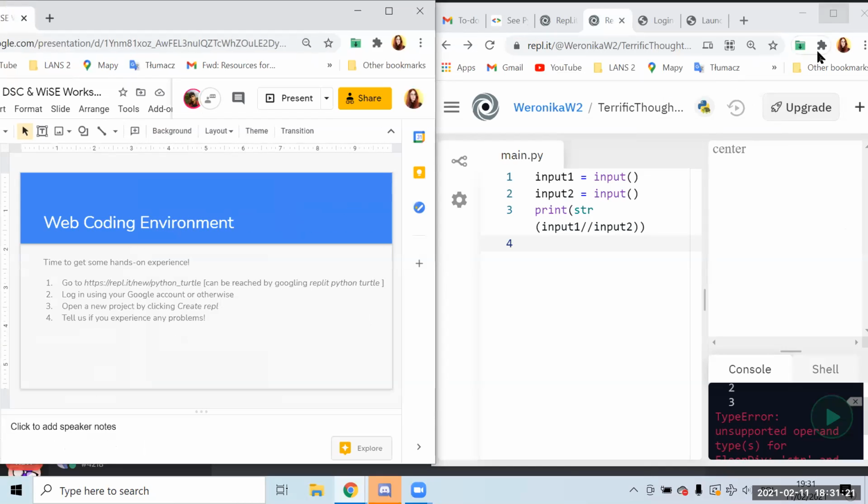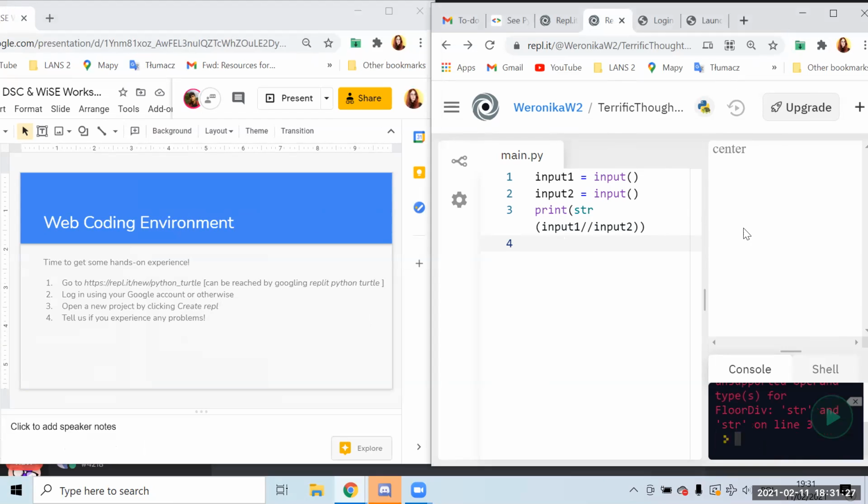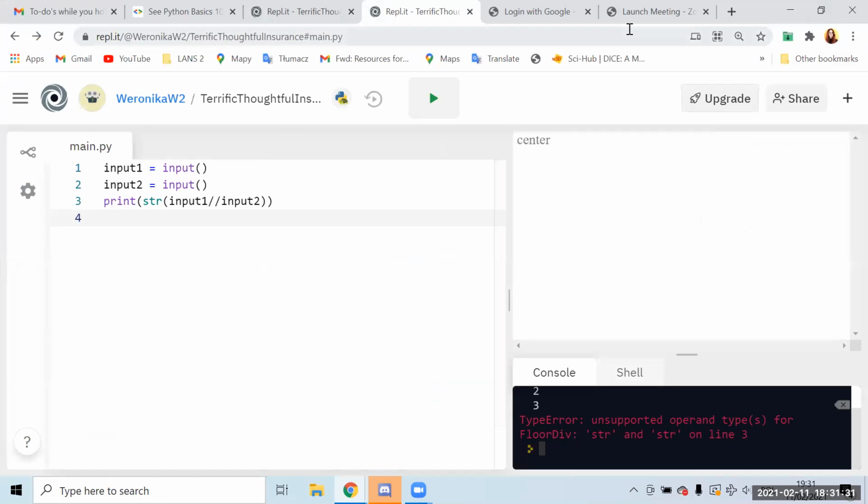Yeah, there is a question that is actually very, very interesting. So let's go through it. Let me share my screen. So that's this one. Okay, and that's my replit. Do you see my replit? Okay, so somebody asked in the chat, let's make it full screen this time, that why this doesn't work.